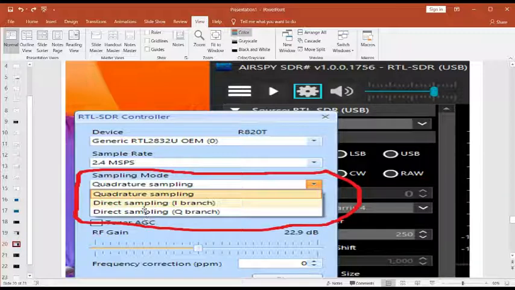Alright, now this one thing I want to talk about here, the sampling mode. There's basically two differences: quadrature sampling and direct sampling. Quadrature sampling is what you want to use if you're going to look for frequencies between 25 megahertz to 1.8 gigahertz. If you want to use the RTL for HF frequencies, then you have to change it to direct sampling